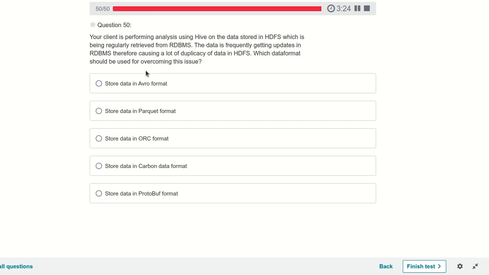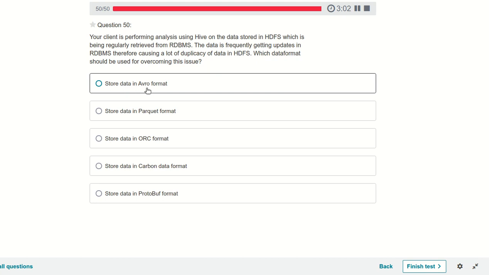So there is some data in HDFS and we are using Hive, and the data is getting updated from the RDBMS with a lot of updates, and because of that duplication is happening in HDFS. So which data format should be used for overcoming the issue?